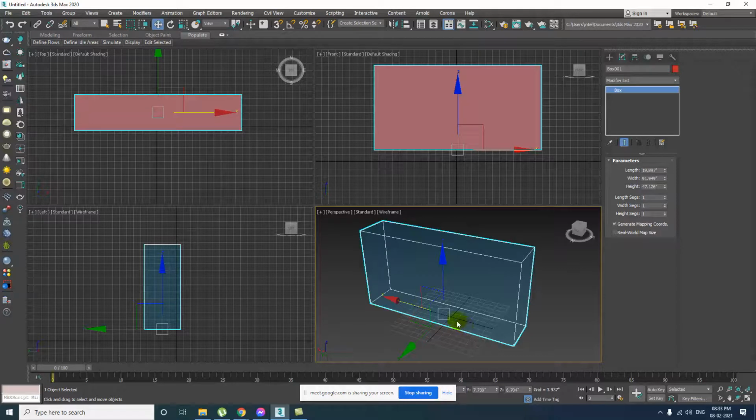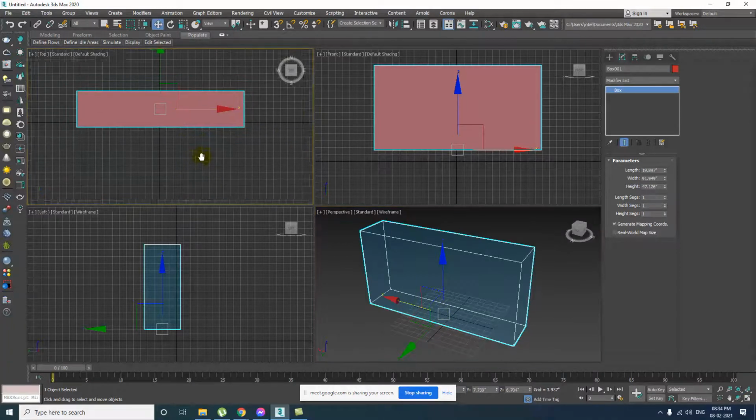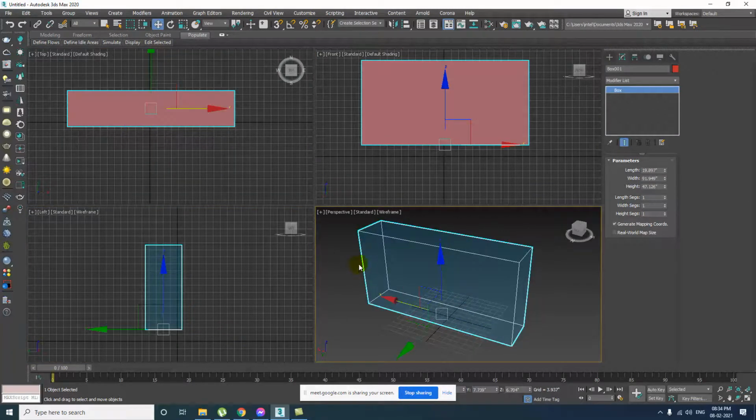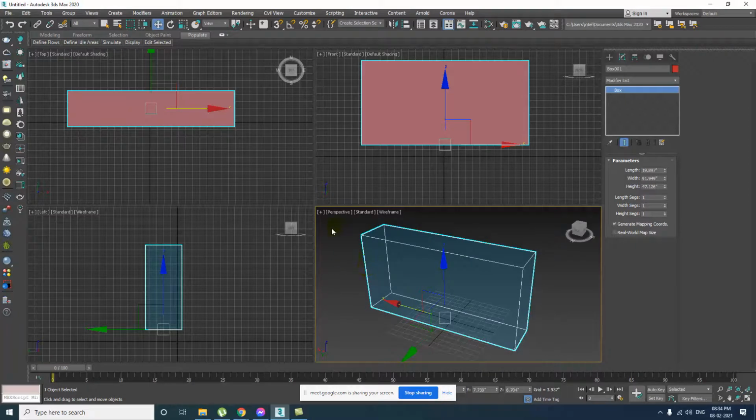Next class we are going to rotate the object and scale the object. Till now we have just moved the object. We created one object. We have seen the interface: top view, front view, left, and perspective. In the coming class, we will work a little bit more on this interface, and then we will move further with the shapes. You are comfortable till now, right?